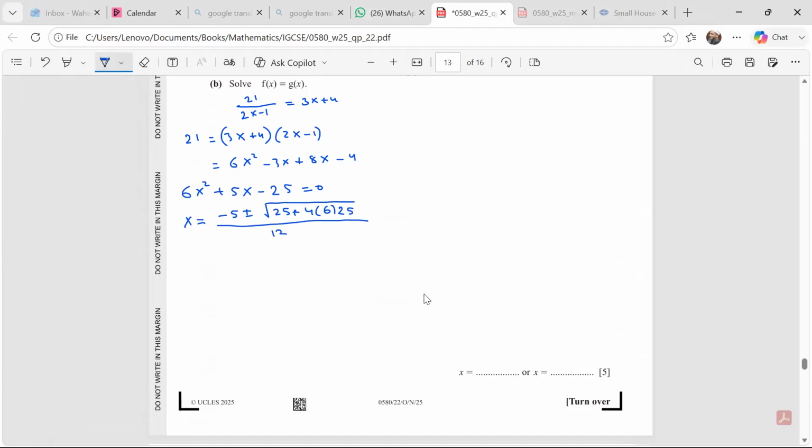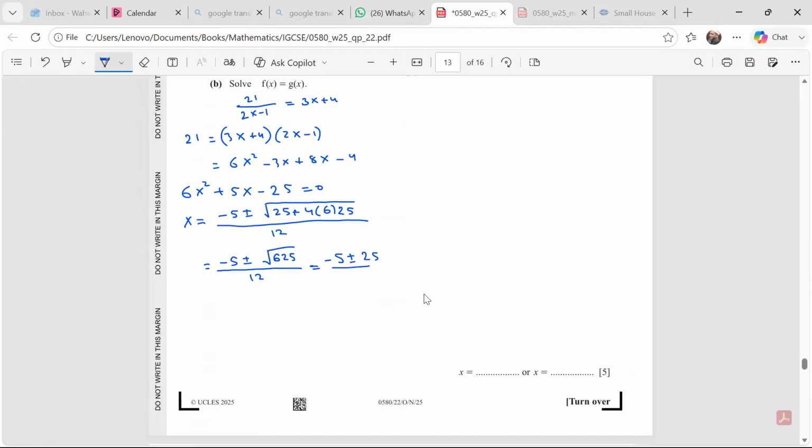So minus 5 plus minus the square root of 24 times 25, which is 4 times 100 times 6, is 625, over 12. Now 625 is the square root of 25, if you remember. Minus 5 plus minus